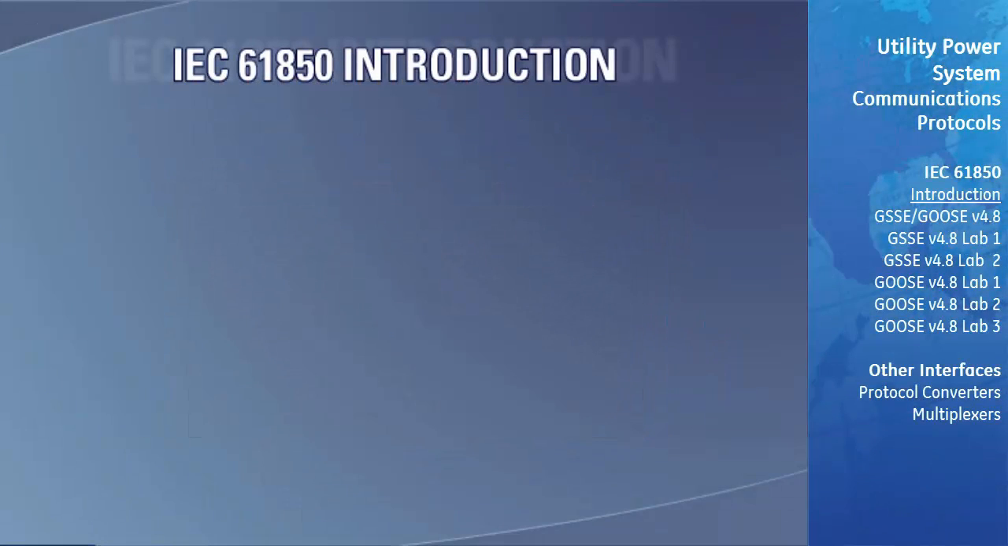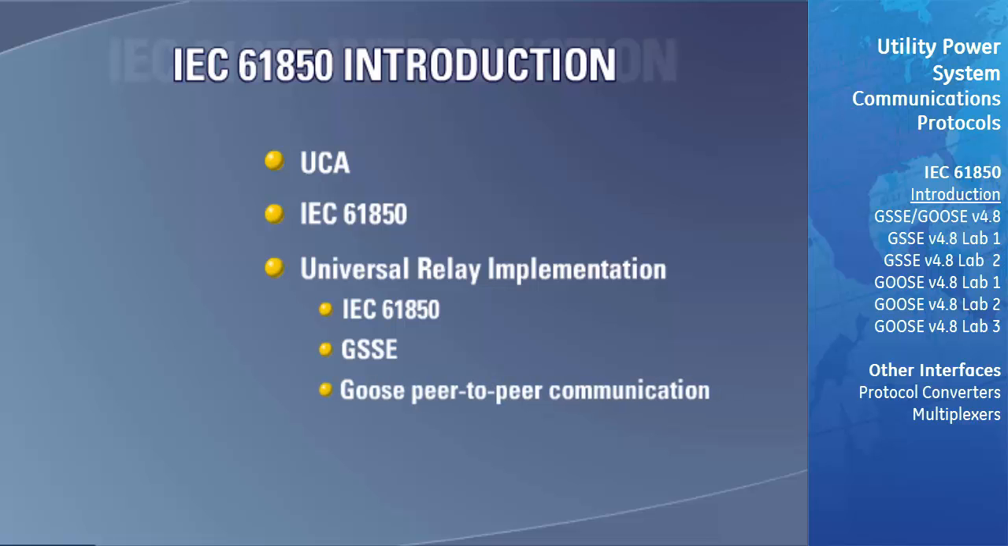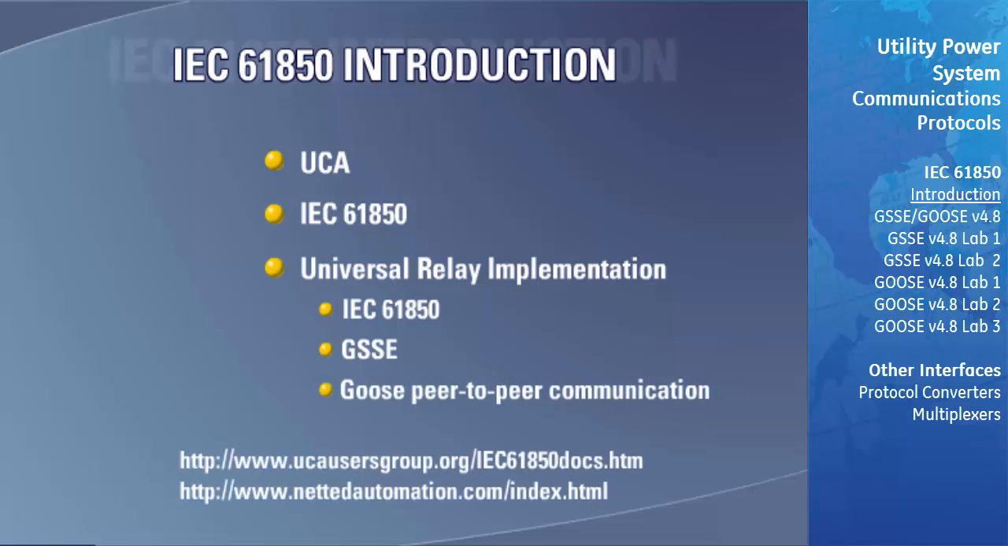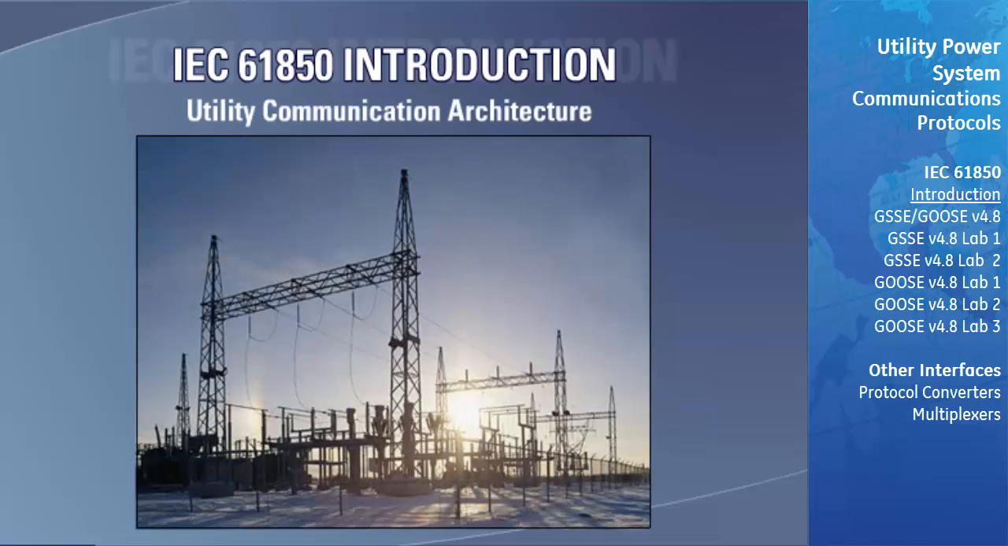We will start this next section with a brief introduction to UCA and IEC 61850, and then focus on the Universal Relay's implementation of the IEC 61850, GSSE, and GOOSE peer-to-peer communication services. To learn more about the UCA or IEC 61850 protocols, students are encouraged to visit these websites. To better understand these protocols and where each service is used, we'll start by developing a model of the utility